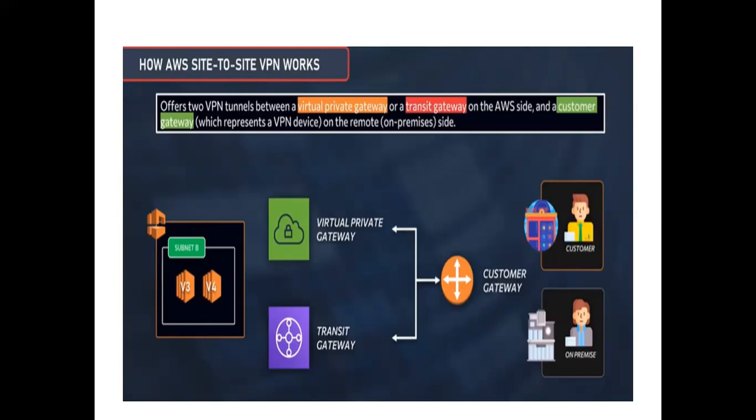Now you might get a doubt, then why do we have virtual private gateway? Amazon is giving both options. Transit gateway is the latest feature. It's a new technology, a new service which AWS implemented with the option of multiple connectivity with the hub, where you can make multiple connections with the help of the AWS platform. So that is one more advantage Amazon is giving.